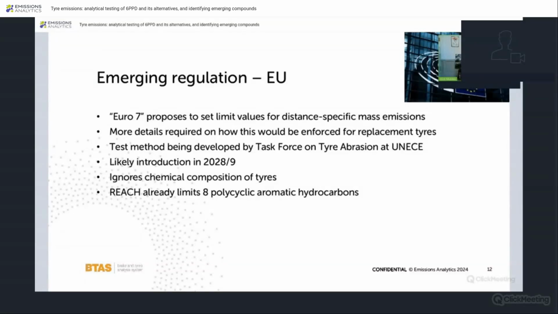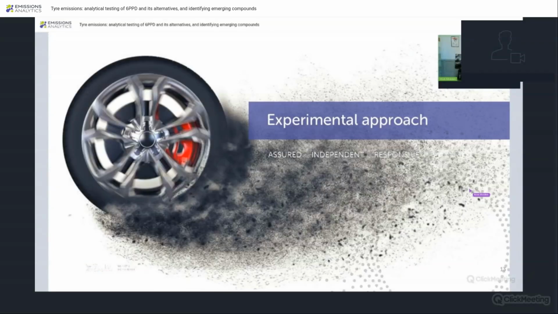The challenge with this is that Euro 7 is blind to the chemical composition of tyres. That is dealt with in Europe through the REACH chemical regulation, which limits what can be put into tyres, but it only covers 8 polycyclic aromatic hydrocarbons commonly found in tyres at the moment. So one option would be for Europe to put a lot more chemical compounds in REACH to cover off that dimension as well. So that's a very brief history of 6PPD and what's happening from a